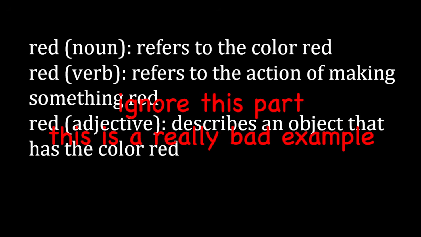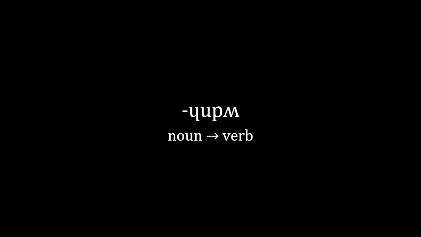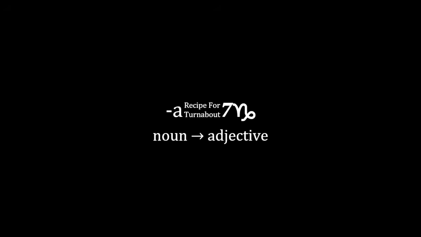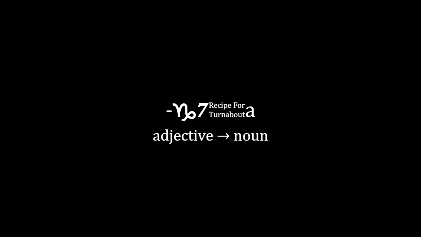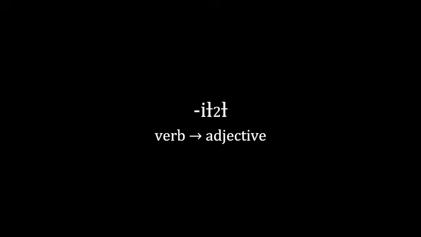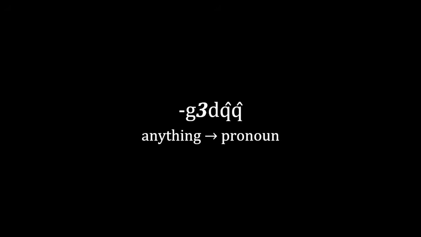Oh, glorious converse suffixes. You know how in English we have those verbs that can be nouns, verbs, and adjectives? Well, in ka here we differentiate them by adding different suffixes to them. Yukun, for instance, converts nouns to verbs. Write that backwards and you get huyuk, which does the opposite and converts verbs into nouns. And then we have ash, which converts a noun to an adjective, and sha converts an adjective into a noun, elol converts a verb into an adjective, lolly converts an adjective to a verb, gref converts a ground to a zombie, verg converts a zombie to a ground. Wait, this isn't PVZ. And finally, gender, which converts anything into a pronoun.